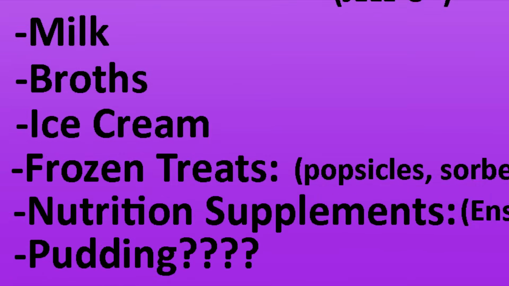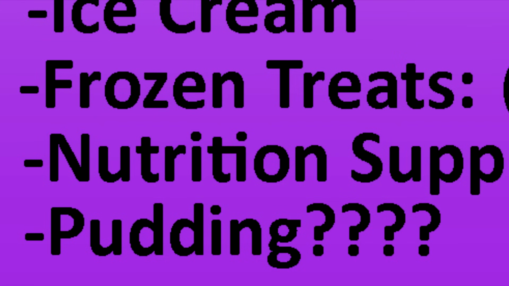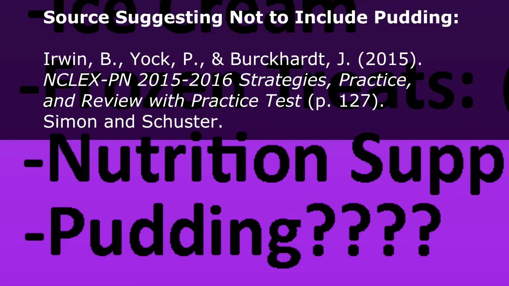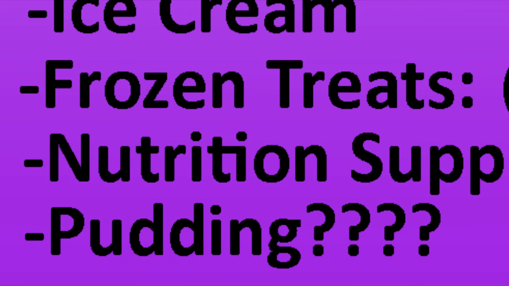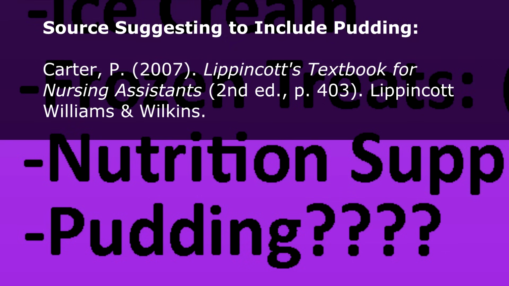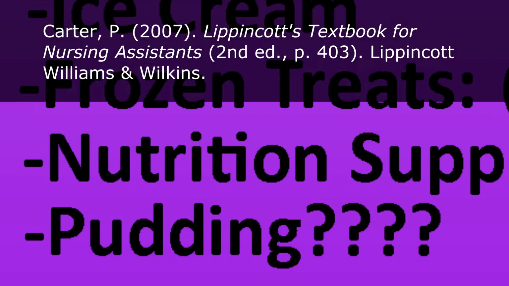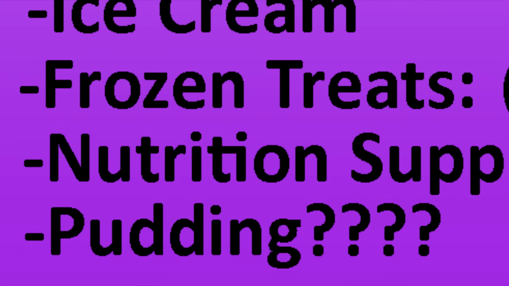Now, what about pudding? Do you include that in the calculation or not? Unfortunately, the consensus on this is not the same across the board. I will say no, you don't include pudding. I've never included it as a nurse, wasn't taught to. And the latest NCLEX guide by Kaplan says that you don't include pudding in the calculation because it's a semi-liquid. However, some students I've talked to said that the professor told them to or their book told them to. So if you have any doubts or questions, always ask your professor before the exam and go by what they tell you. But for this video, we're not going to include pudding when we work our practice problems.